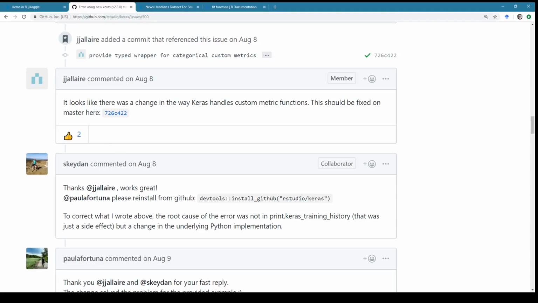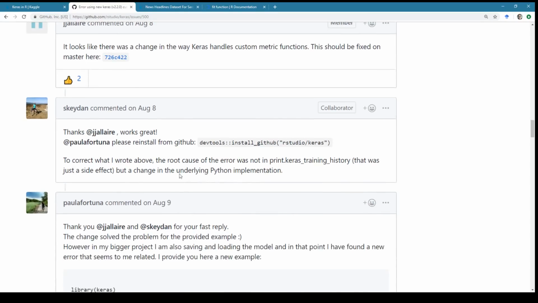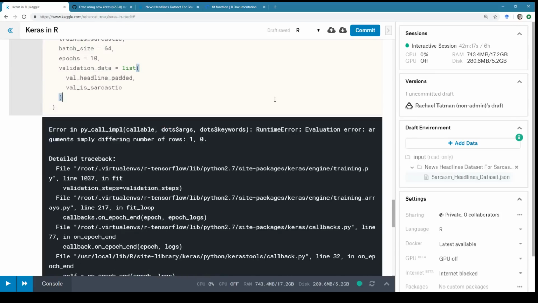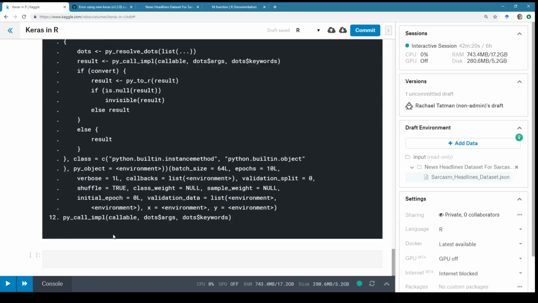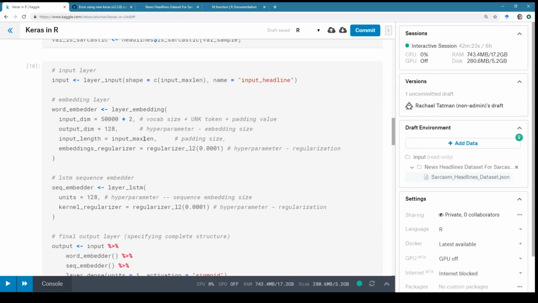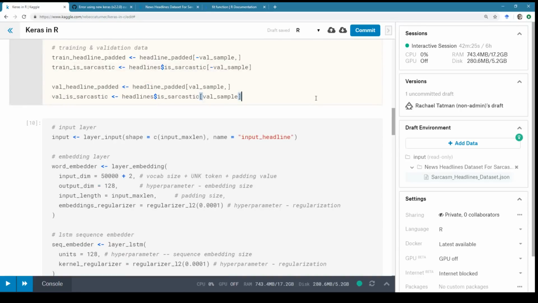Magician says, on Twitch, try measuring shape of train label val label just to double check. That's a good idea. All right, let's take a look there. So I'm actually going to do it up here.